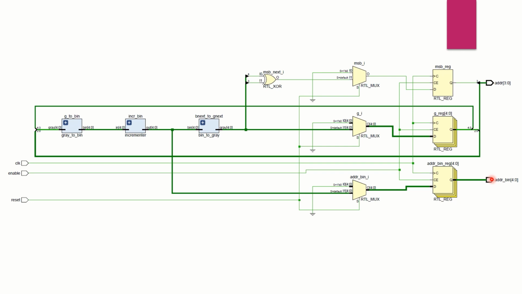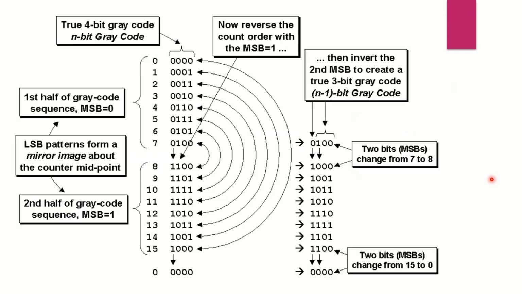Therefore, the combination logic shown in the diagram does that. This shows the usual gray sequence for a 3-bit FIFO memory. This is the reflected code where the bits in any column except the MSB are symmetrical about the sequence midpoint. This means that the second half of the 4-bit gray code is a mirror image of the first half with the MSB inverted. Now to convert this 4-bit to a 3-bit gray code, we do not want the LSBs of